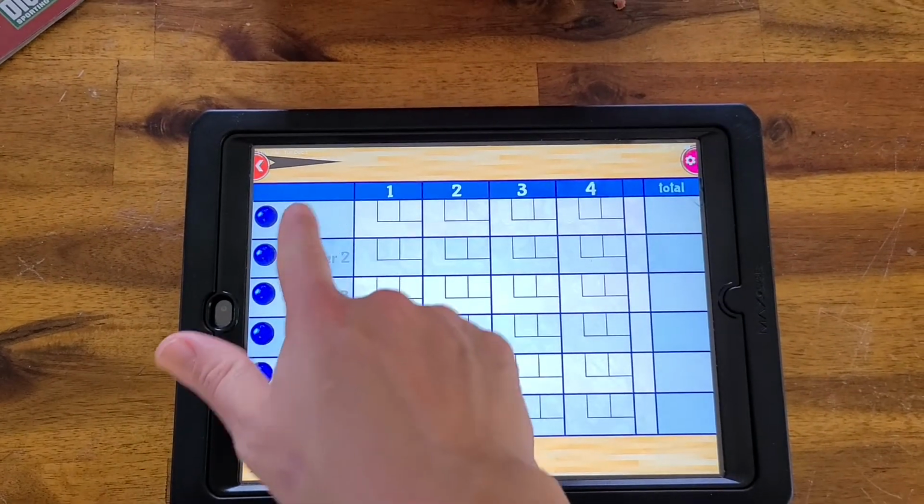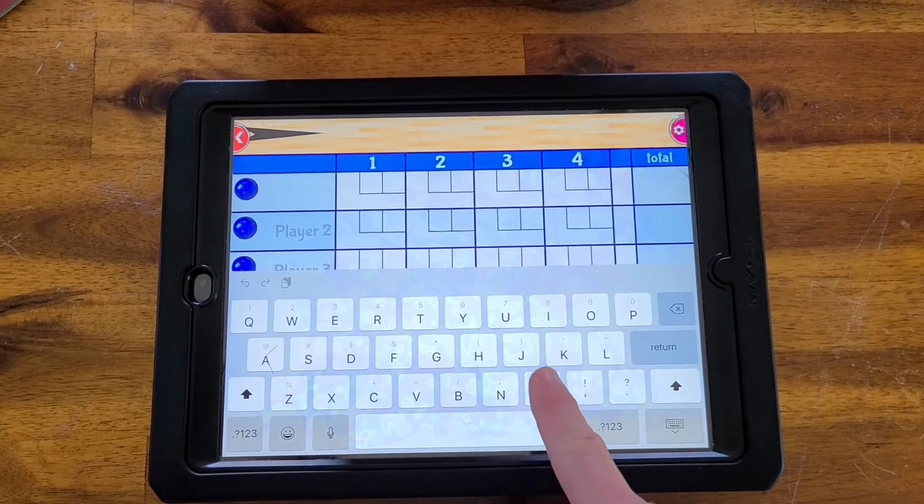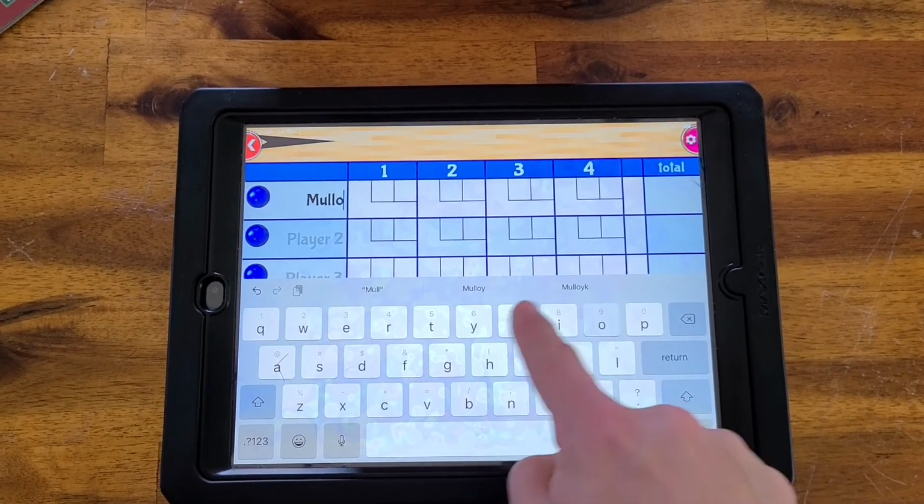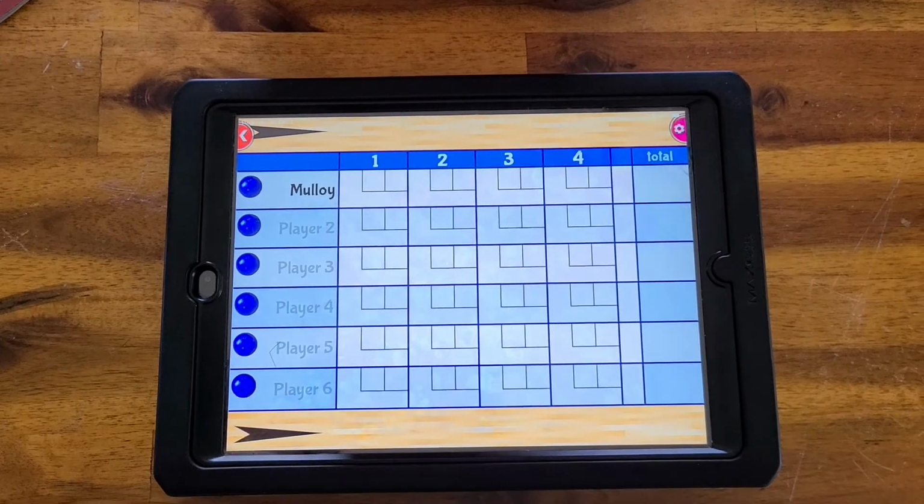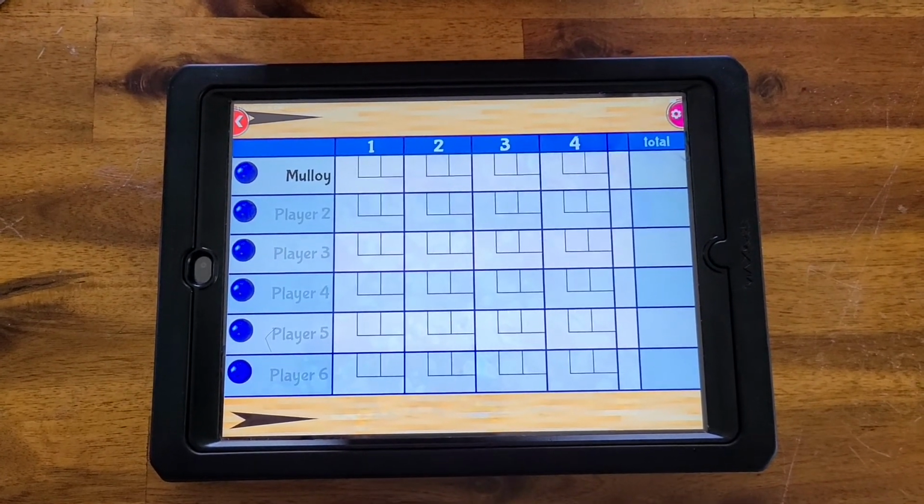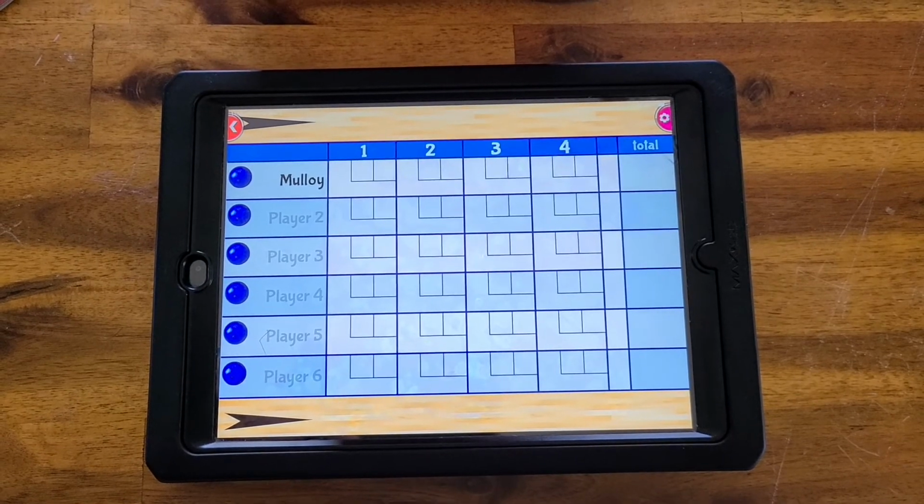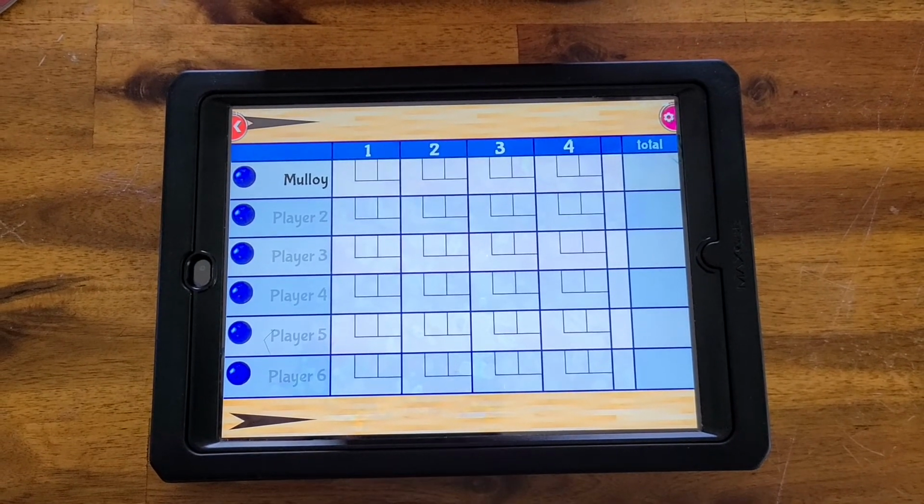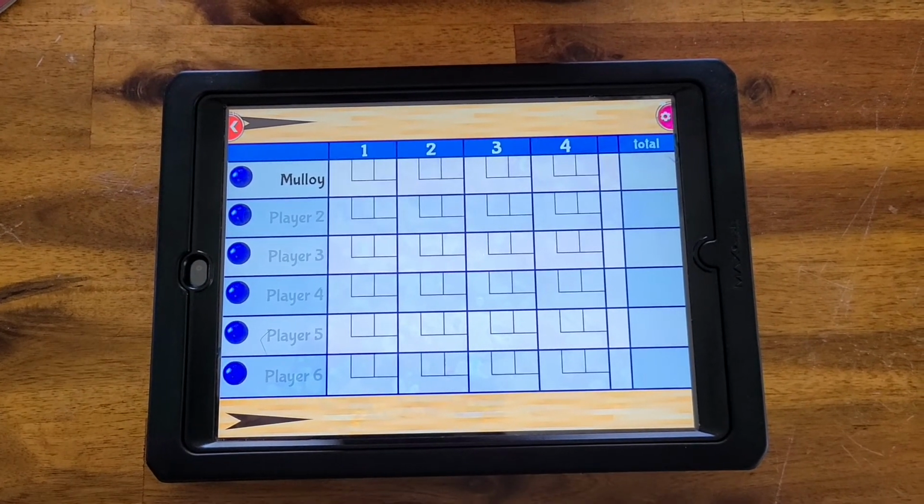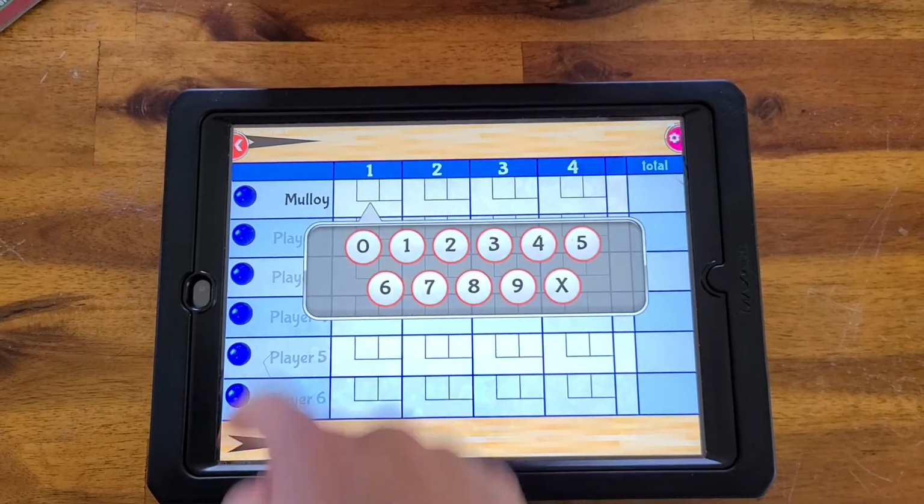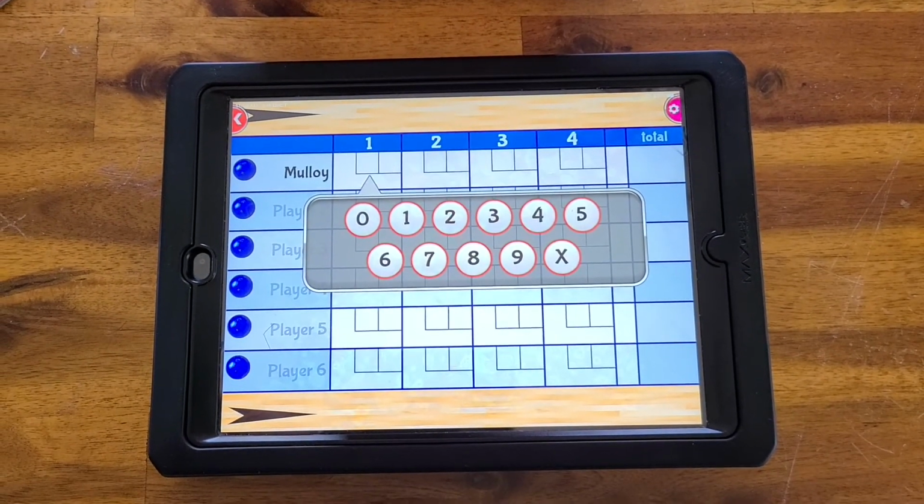So I'll click on player 1, and then I will enter my name, and I'm just going to enter Mrs. Malloy, and then I can put my keyboard down and I'm ready to go. If I wanted to add other names, I would follow that same process, click on player 2, add a name, etc. Once I am ready to play, I click on the first frame, and you'll notice that my numbers pop